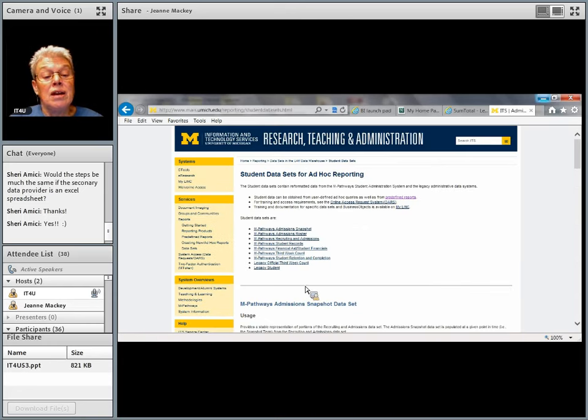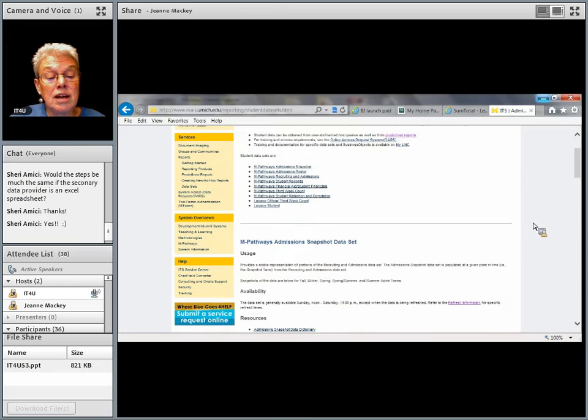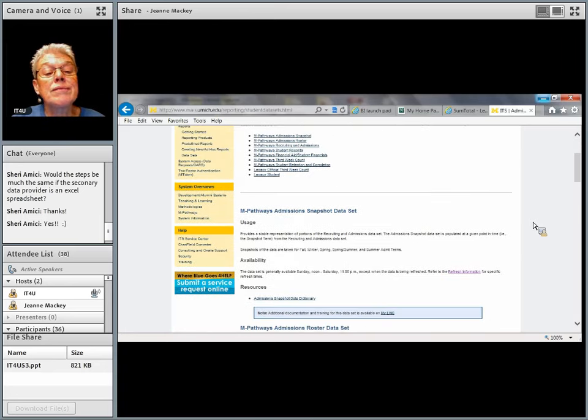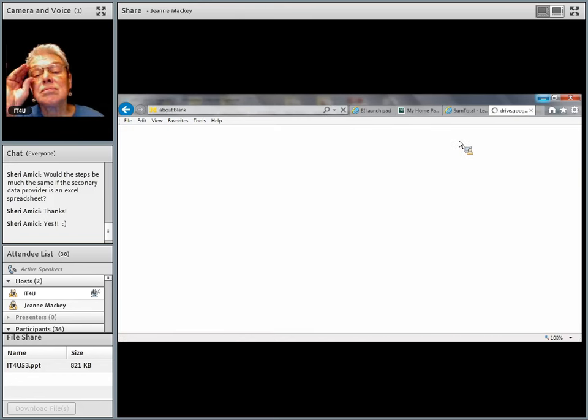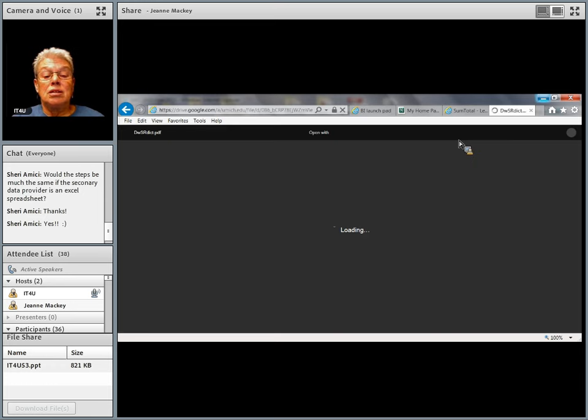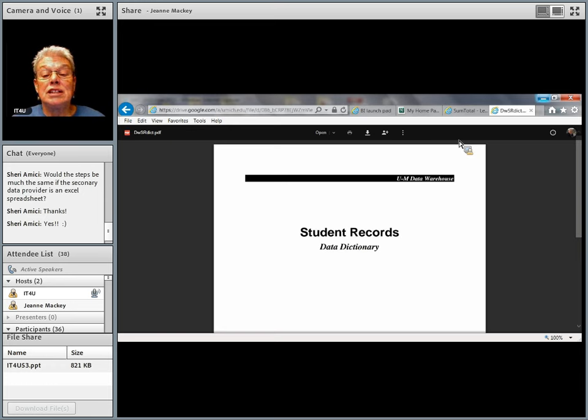For example, we're looking at student data, and student records data dictionary. It's a little slow because it's a very large PDF file. It shows you the structure of how things work.